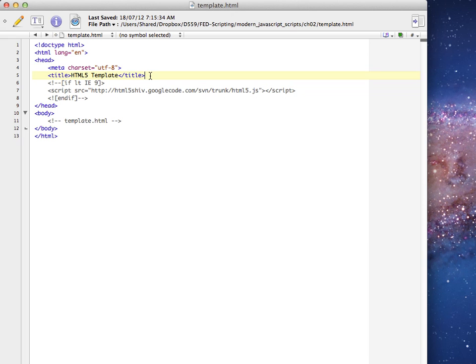After the character set meta element, we then put in the title, and my title of this document here is HTML5 template. I'm going to be using an external style sheet, and most style sheets that you use are external style sheets. So to insert an external style sheet, I put in the word link, or the element. I then put in the attribute rel,